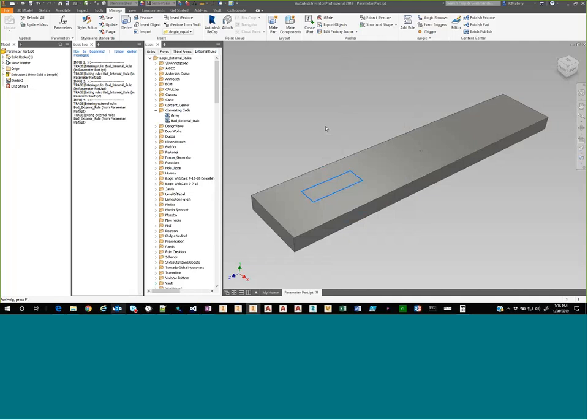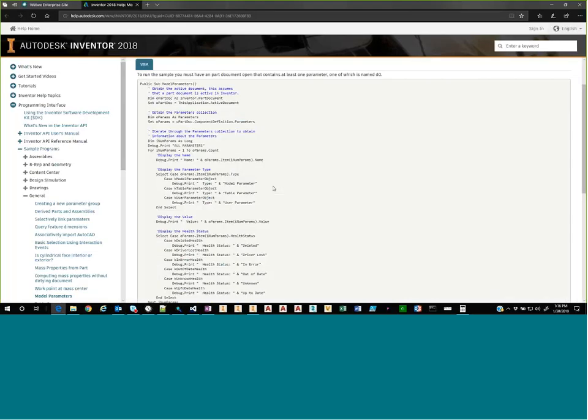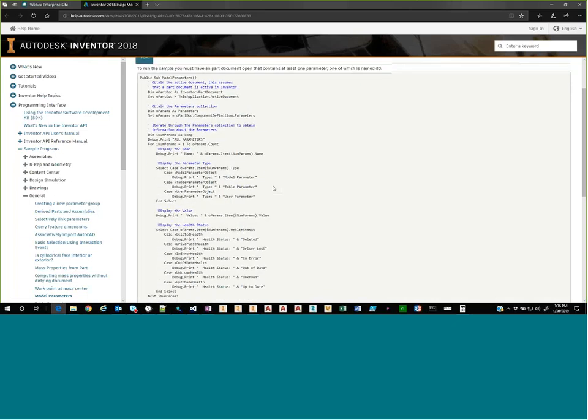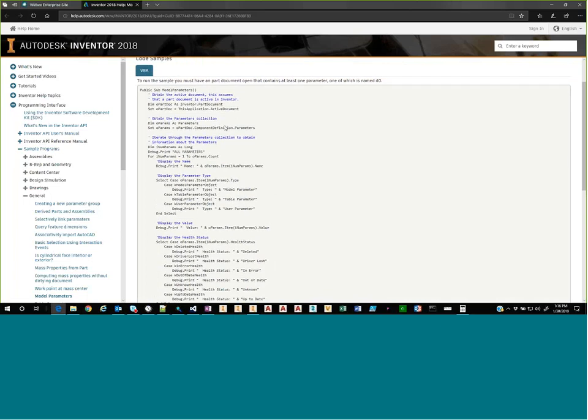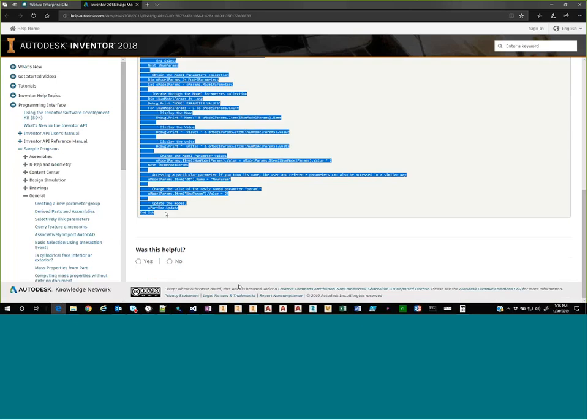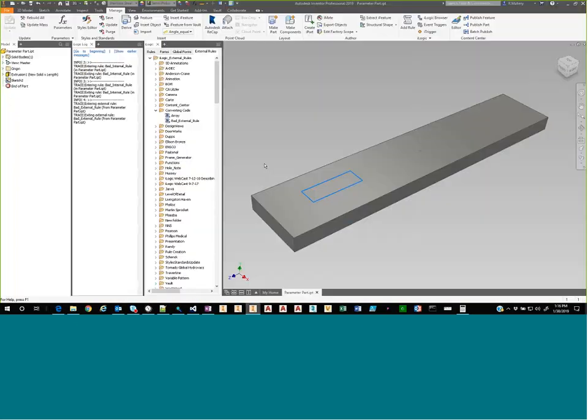So I'll go back to this rule here that we found on the Inventor knowledge base, right? It's looping through some model parameter data and then giving me information back about it. If I look up here at the top, it is a VBA sample. Some of them also have C# examples. So I'm going to copy and paste this, go all the way down to the bottom, Control-C,